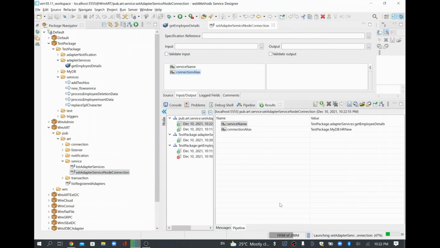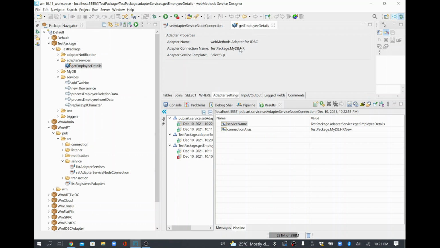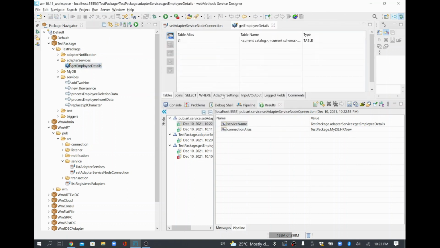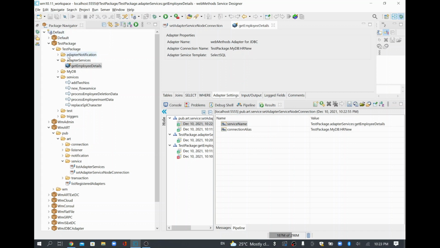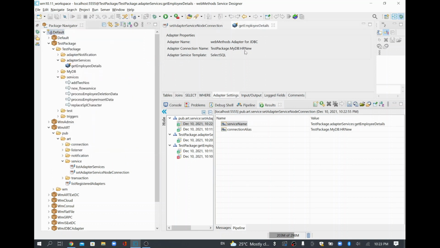I'll click OK. See here, there is no error, which means it got updated. I'll close this one, get employee details, and open it again so that we'll be able to see the new connection name. It's not loading here because we were already connected to that integration server. If it's not showing, then you just click this icon, reload values from the adapter, and then close this one because I don't want to change anything. Open it again and you will be able to see HR new. Or you can just refresh from here, so that everything gets refreshed again from the integration server. See here, now our adapter service is updated with the new adapter connection name, which is HR new.